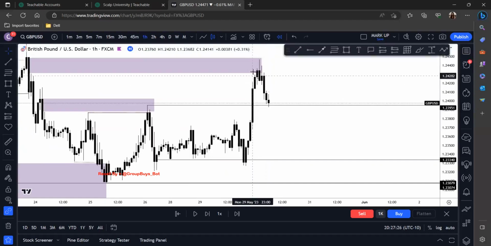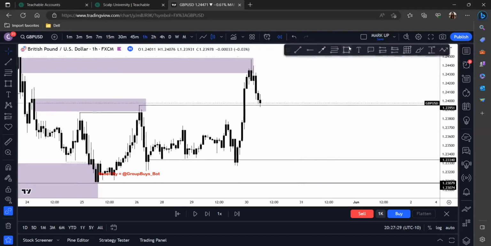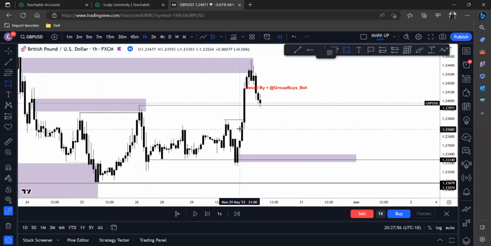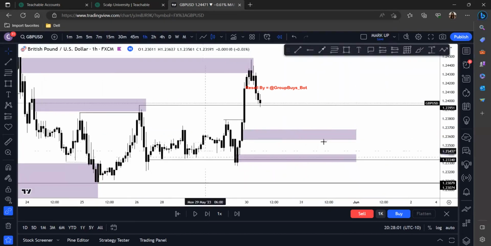And so when we see price coming down like this, a lot of times people will try to predict where price is going to have a reaction, right? So you have your break and retest traders marking up this area. You see a break right here, so they're like, okay, it's going to come down here and retest it. You have traders looking at this area, and then you got traders looking at this area. They're like, oh, this is a POI all the way down here. And you got some people looking at this area: oh, this is the imbalance. Or people like, oh, this is the whole supply zone right here, right?